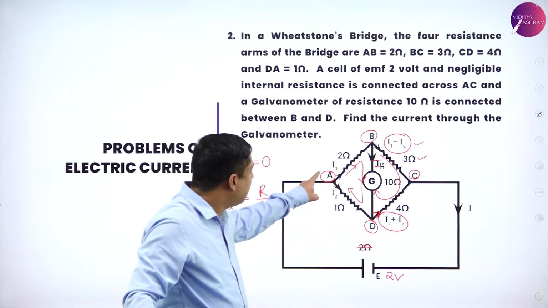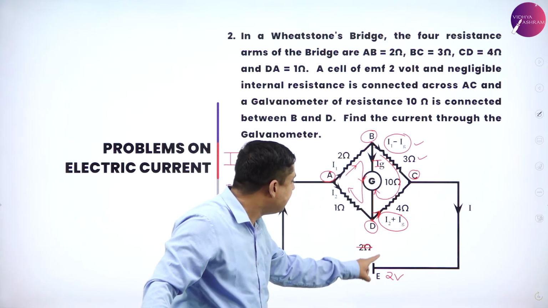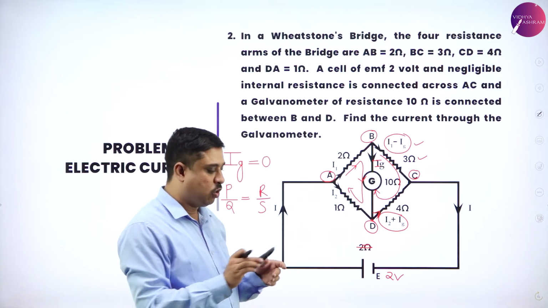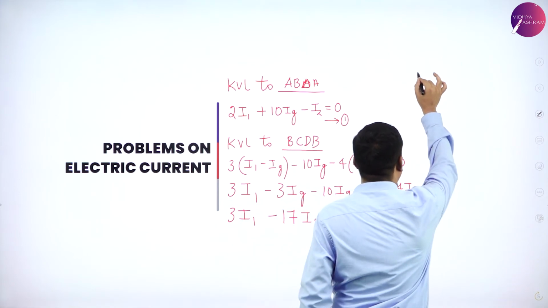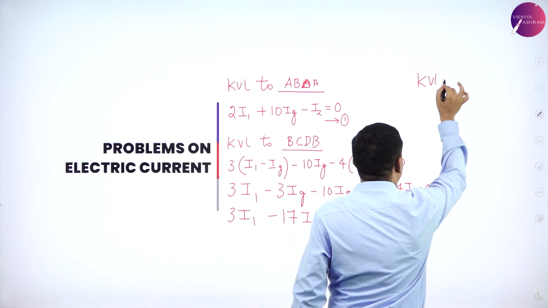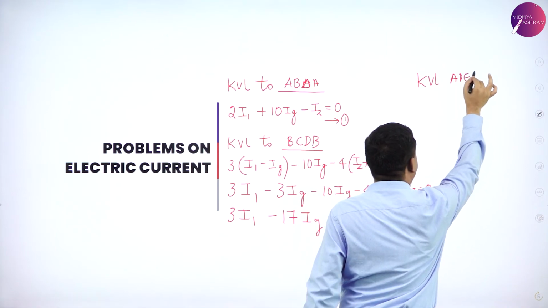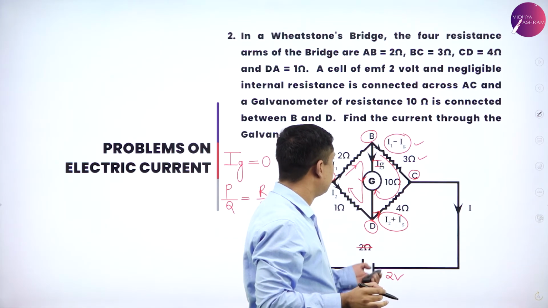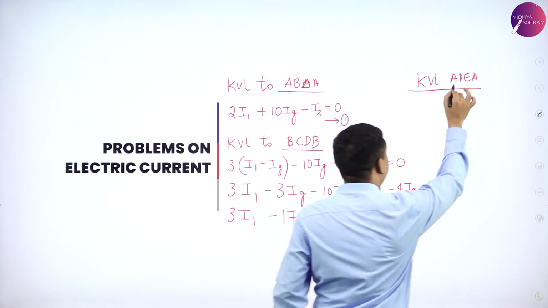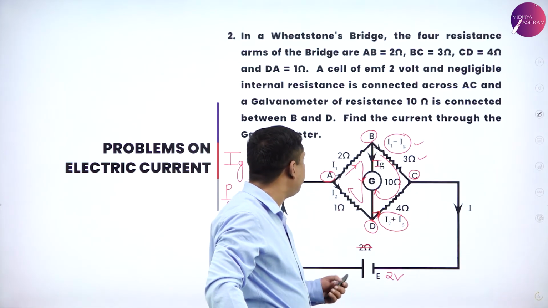So again, I'll apply KVL there. A, D, C, E, A. So on application,